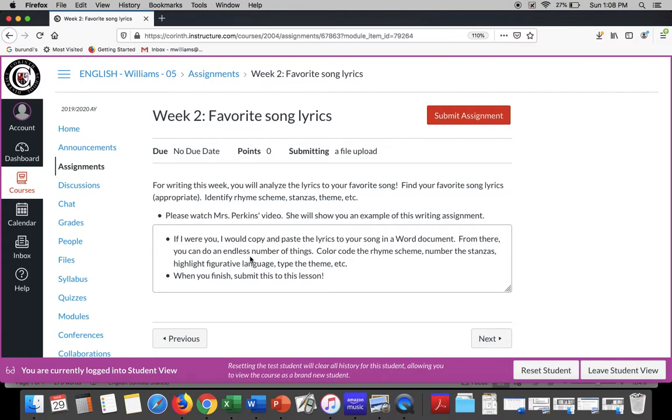So they need to pick their favorite song that's appropriate, and identify the rhyme scheme, the number of stanzas, the theme, etc. Ms. Perkins is going to have a video that she is going to model for students how she does her favorite song lyrics. So they can access that video here or on YouTube. And after they have watched that, then they can go ahead and choose their own favorite song and analyze those